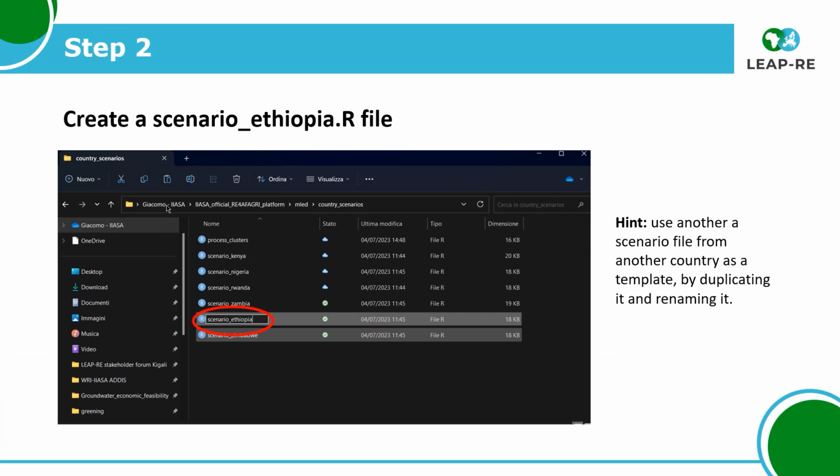Then we would need to create a scenario Ethiopia file. The scenario files are contained in the country scenarios folder inside the mlet code repository on our computer. So we would just start perhaps by copying as a template one of the scenario files for the countries that we have already available and rename it to scenario Ethiopia if in our case we want to develop a country